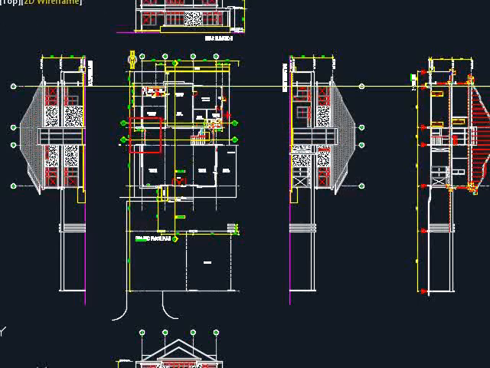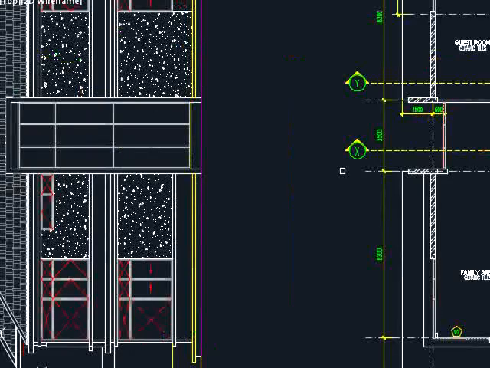Sometimes it's not clearly reflected on the plan. When you see especially this kind of continuous window, that means you need to be careful with the beam at the first floor later, so that it does not clash into the window. Most likely you need to allocate an offset beam to give way to the windows, so that there are no interruptions of the windows. If we zoom into that particular window, you will see something like this,